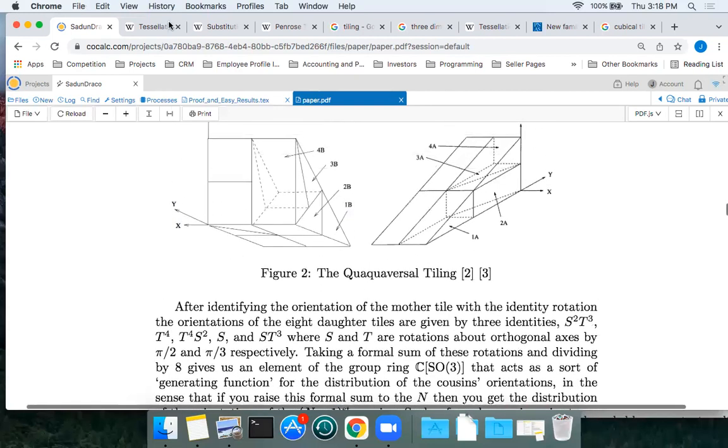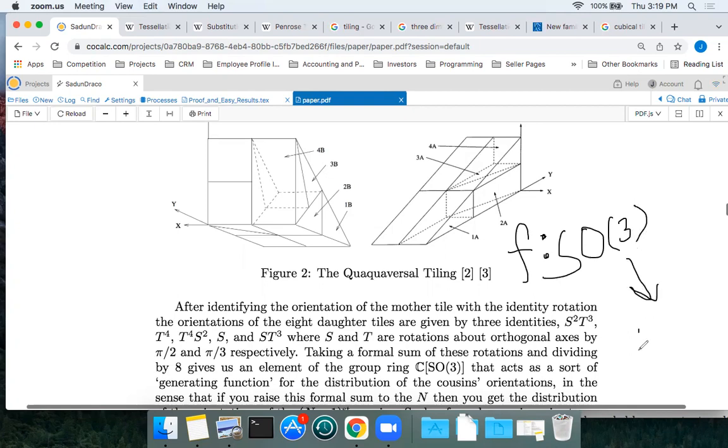So anyway, you have this formal linear combination of elements of SO2, and that corresponds to a probability distribution. So if I picked one of these orientations at random, and I had a function on orientations, going from SO3 to the reals, let's say,